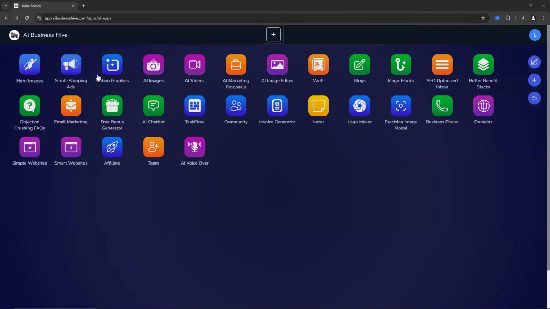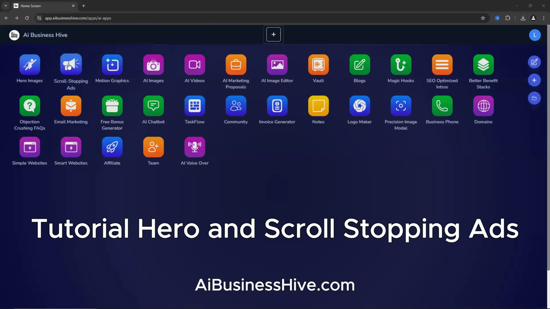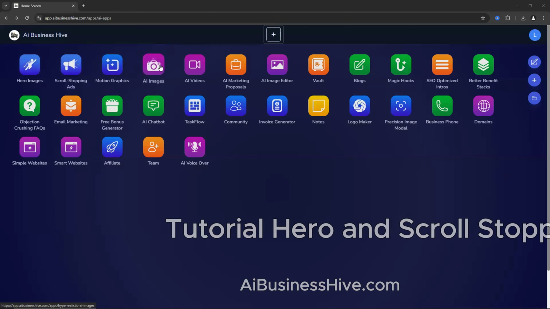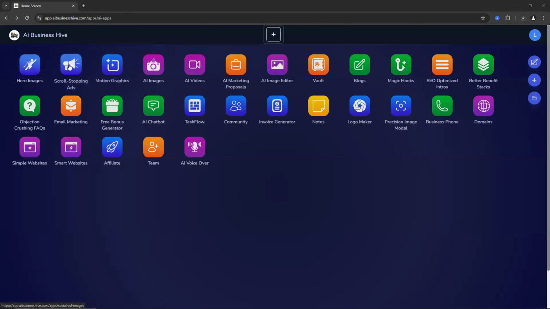Okay, so I'm going to talk about two things at once. I'm going to talk about the scroll stopping ads and hero images. These work very similar to your AI images. There's not a lot of difference. Before you do your scroll stopping ads, I would suggest you create some magic hooks so you have some ideas of the concepts you want to start working with, because these hooks will be used for